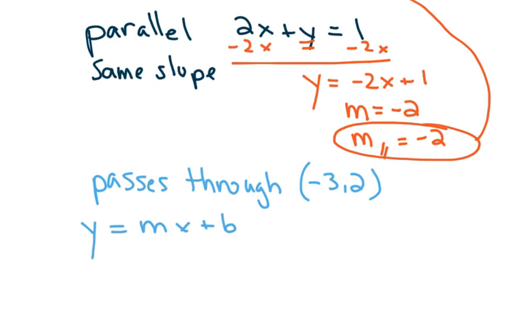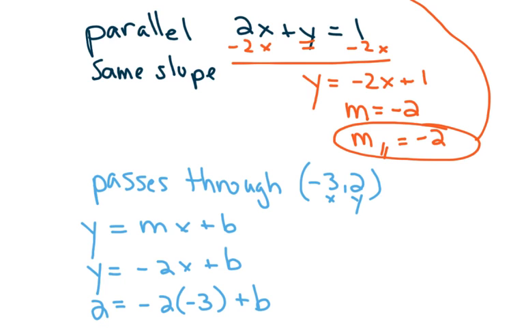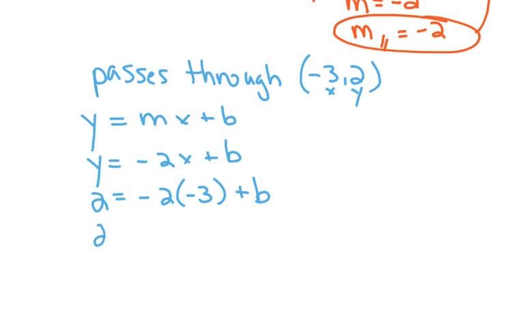In slope-intercept form, where I now know that the slope is -2, when I give you a point that lies on the line, I'm giving you an x and a y value. Remember, in an ordered pair, the first number is called the x-coordinate and the second number is called the y-coordinate. So I could plug in 2 for y, and I can plug in -3 for x, and then solve that equation for b. So 2 is equal to, multiply, +6 plus b,